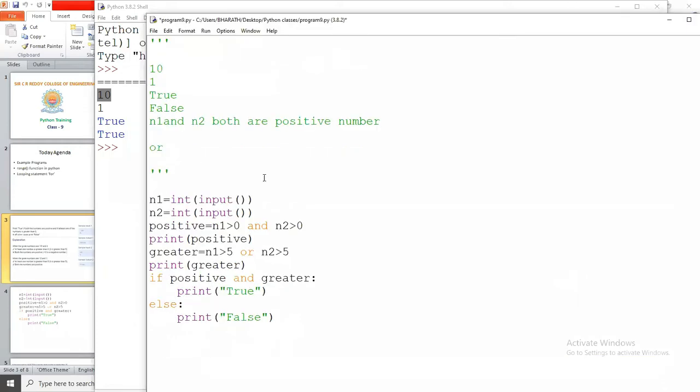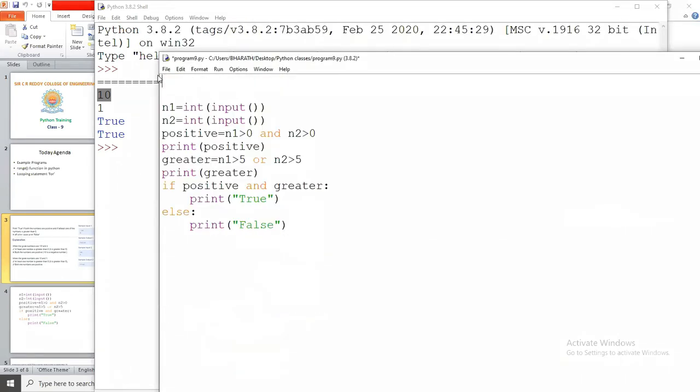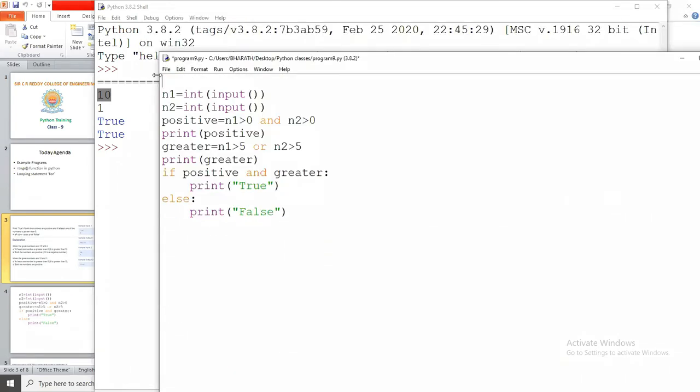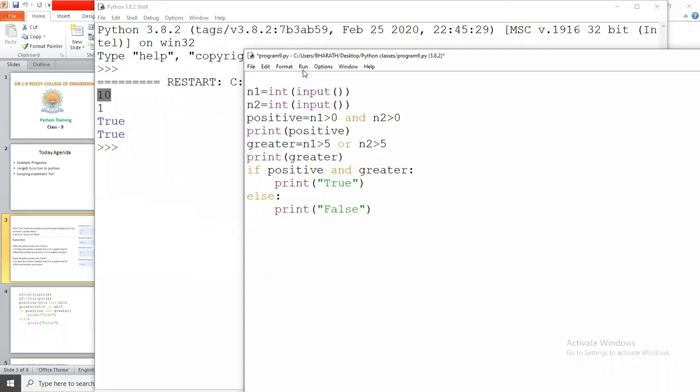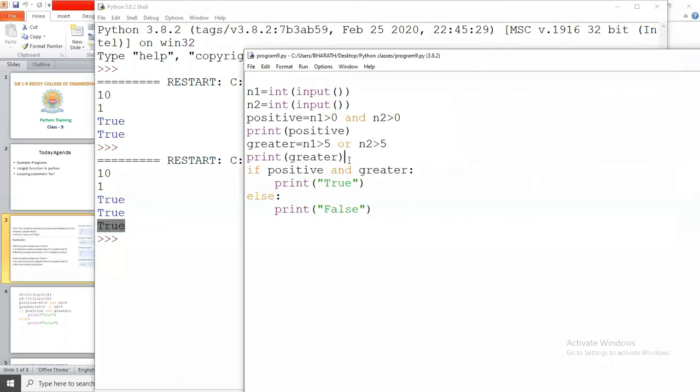Okay, now we execute this program. I'm giving 10 and 1. You observe that true is returned.